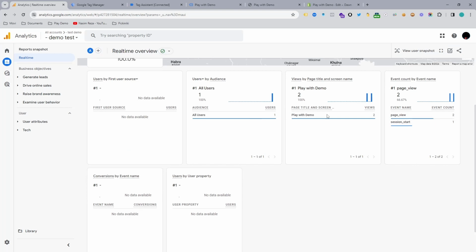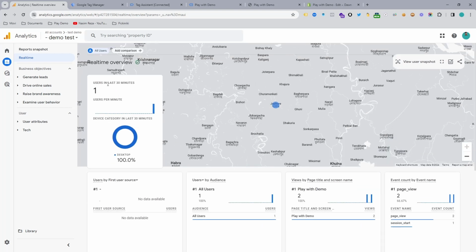In this episode, you are going to learn how to connect Google Analytics to a new Shopify web store using